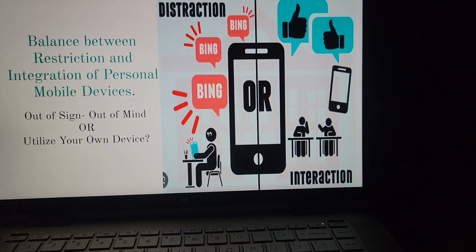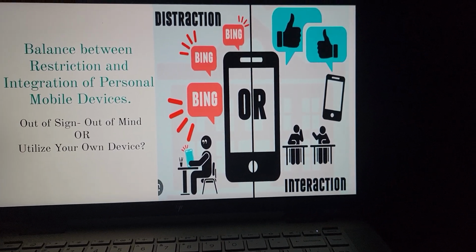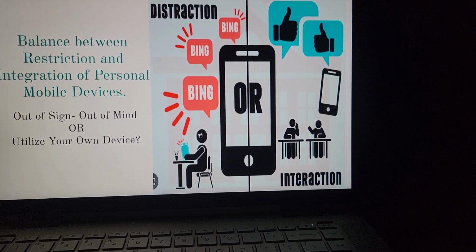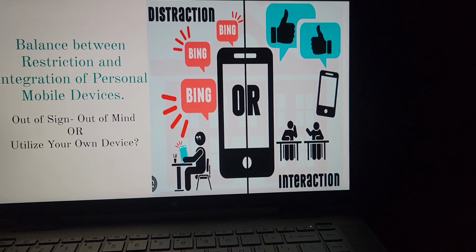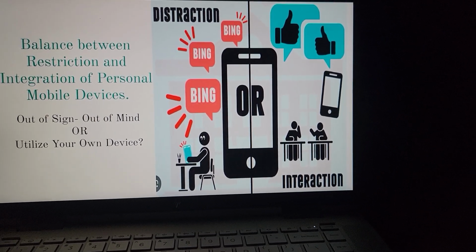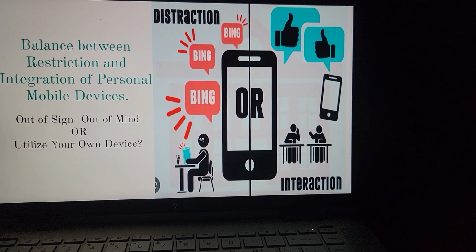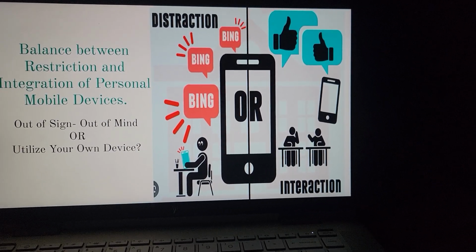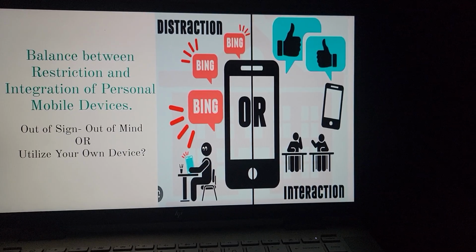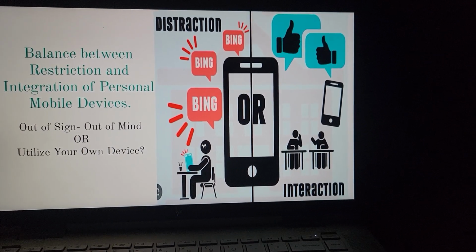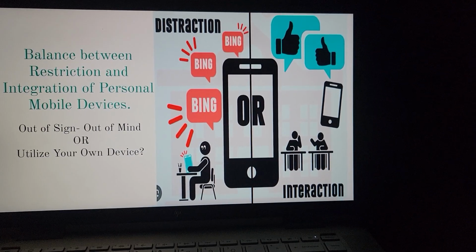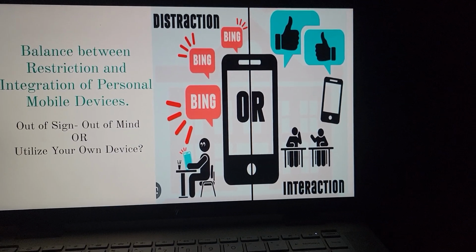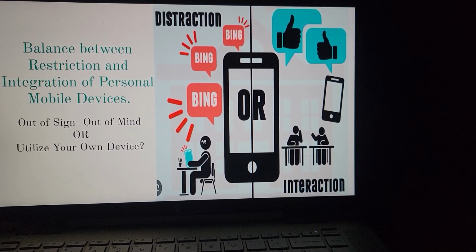Is that better? So, like one of the pictures, we might have to find a balance between distraction, like, hey, this time you're not allowed to use a cell phone, or you use the cell phone as an interaction tool, to build a connection and relationship between the student and teacher. Also, let students do interactive questions or lessons through the cell phone. For example, sometimes in my statistics class, I let my students use the cell phone so they can interact in collecting the data. And they seem engaged, they seem very participative and very productive in the learning activity.